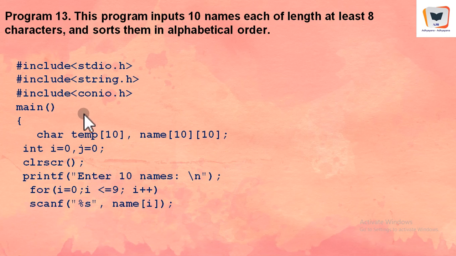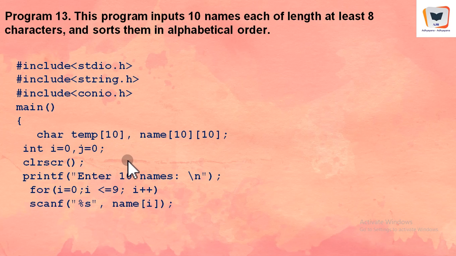So here it comes with a different kind of methodology. We have declared a character array temp, that is for swapping. In bubble sort we need to swap. Therefore this is meant for